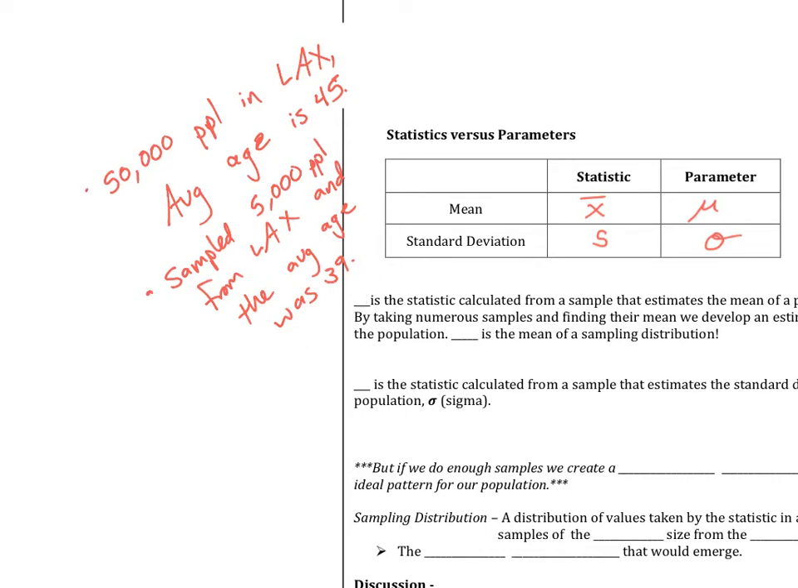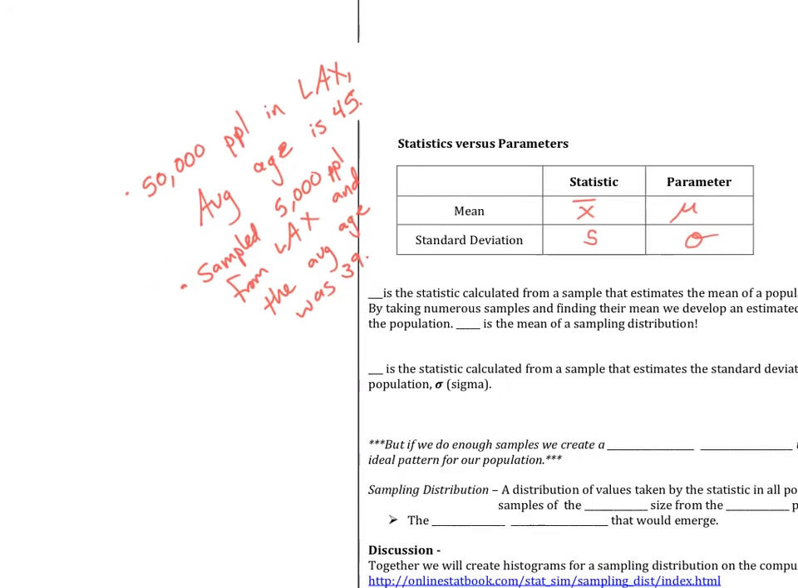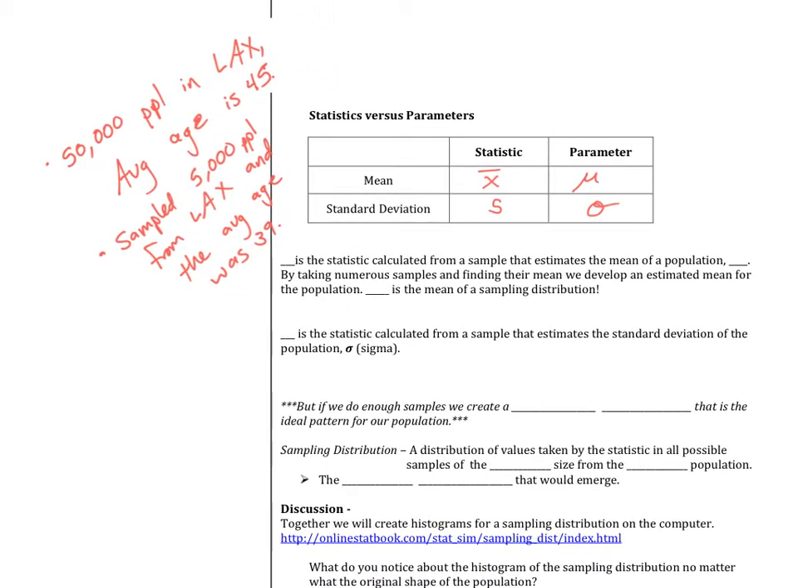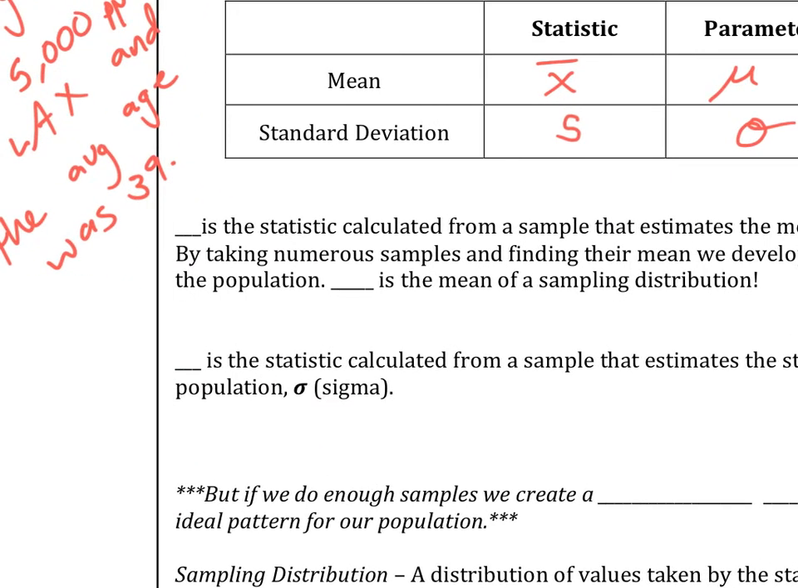That shouldn't be a surprise, because the age of the entire population is going to be different than the age of a sample. Right? Like the average age of all the kids in Logan High School will be different than the average age of all the kids in our classroom, because our sample is smaller than the entire school. So there will be a little difference there. Okay? So just so you're aware,